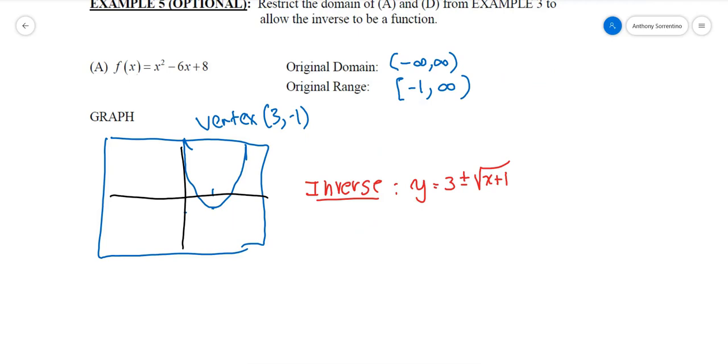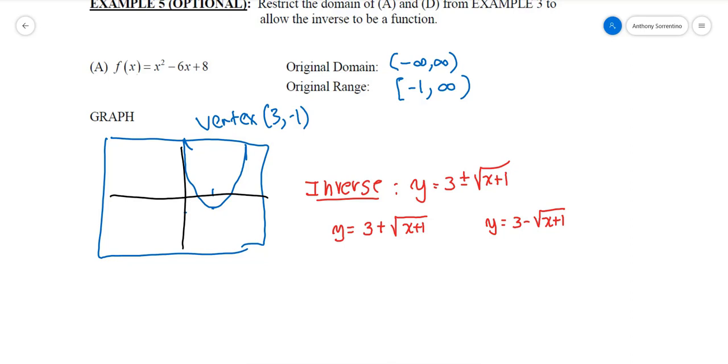I wouldn't have an issue if the inverse was 3 plus the square root of x plus 1, or 3 minus the square root of x plus 1. If it was one of these but not both, it would be